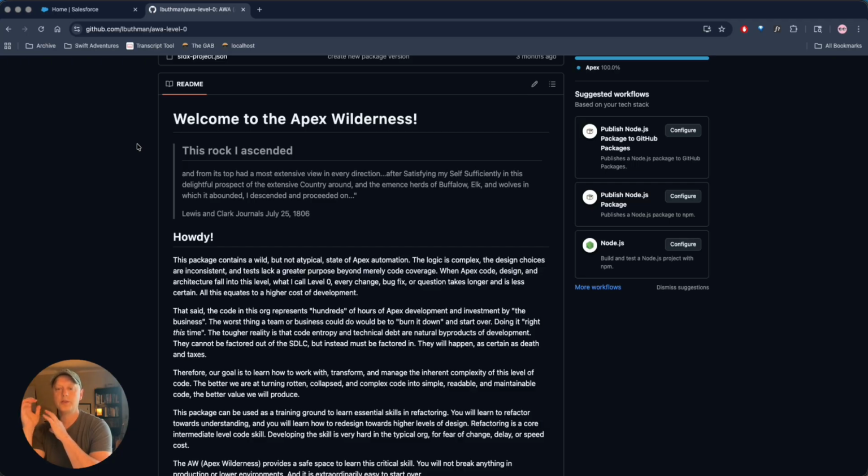Most of the tutorials that you've gone through up until this point have to do with teaching you the fundamentals of writing code. And they're really good. You have to go through those. Trailhead is a really great resource, and so are a lot of the courses that you find out in the community to begin to learn how to write Apex. But in a way,